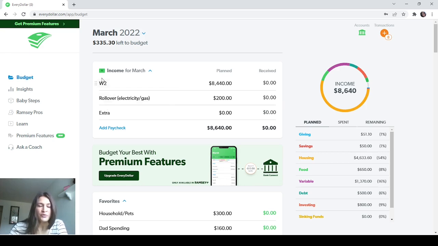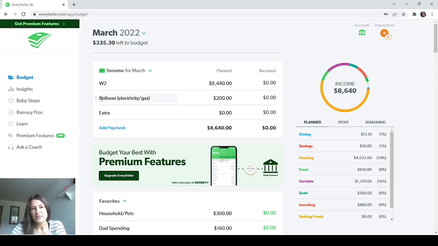The W-2, so how I used to budget our paychecks, again, because my husband and I were paycheck by paycheck budgeters. We both work and we both get paid every other week on the same week. So for us, we had 4 total paychecks per month. What I had done to make this a monthly budget, I just added up the expected amount for all 4 of those paychecks and labeled that as W-2. What I used to do with our